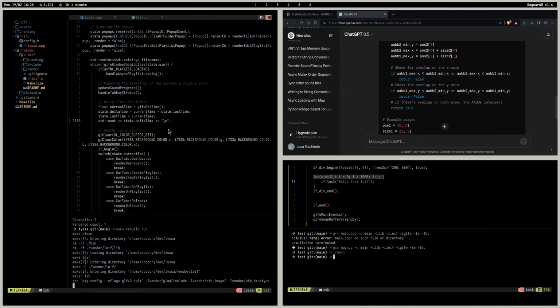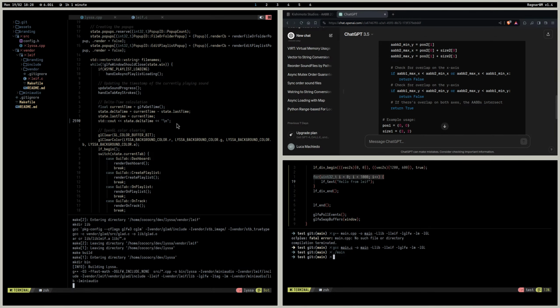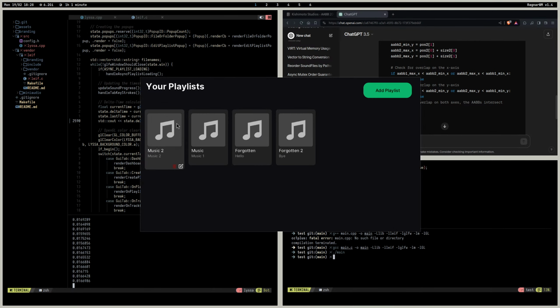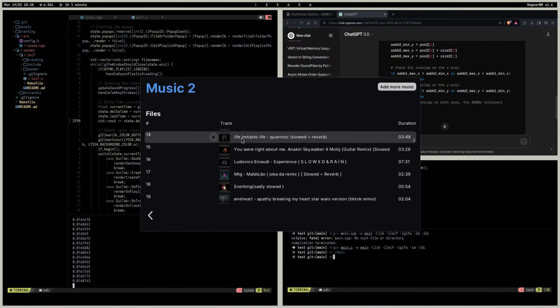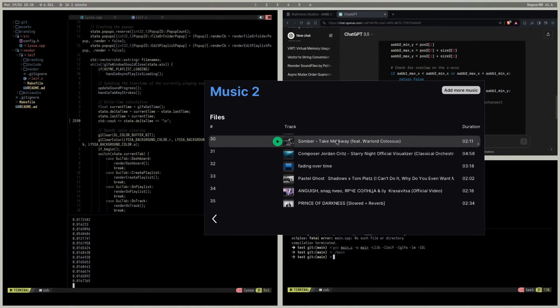And yeah, building lathe kind of takes a while because it depends on a lot of things, but it depends on 3 STB libraries, which are STB image, STB image resize, and STB TrueType. And all of those libraries are kind of